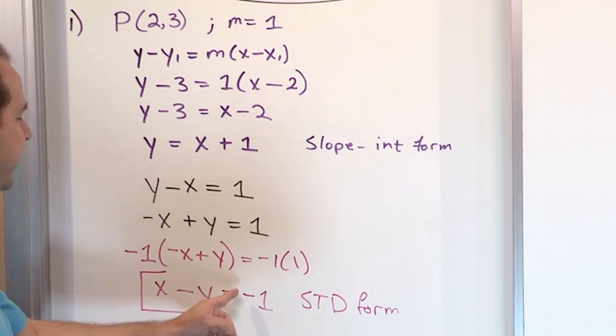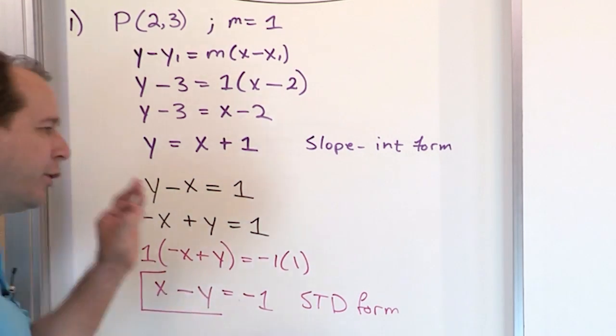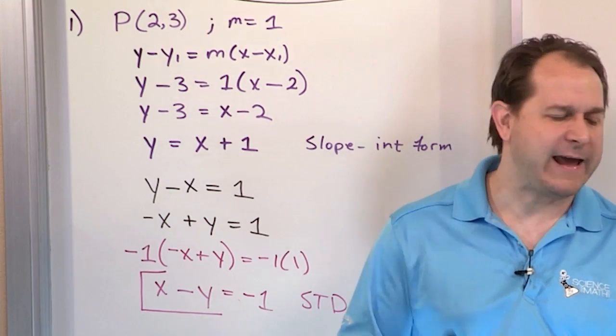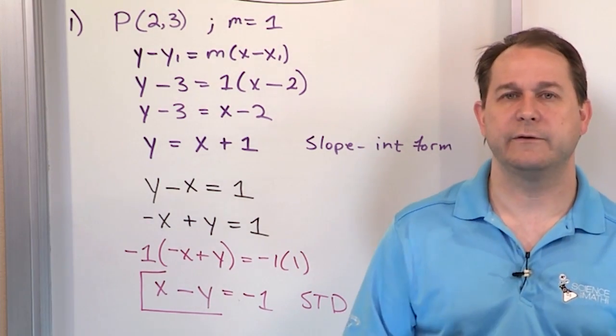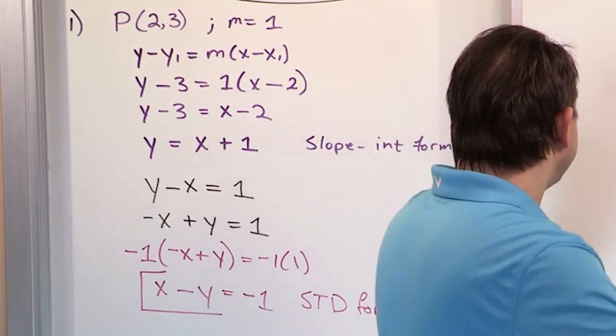Ax plus by is equal to c, but generally I want this guy to be a positive term, the very first guy. That's going to be the most perfect form. So on a test, if I give you some information or if your teacher says, hey, write me equations of lines, make sure they're in standard form, this is how you do it. And we're going to do that for lots and lots of different situations. So for our next problem,